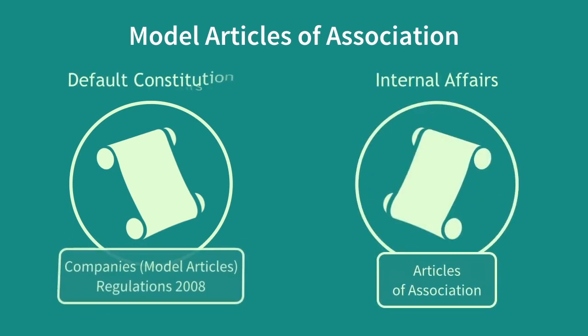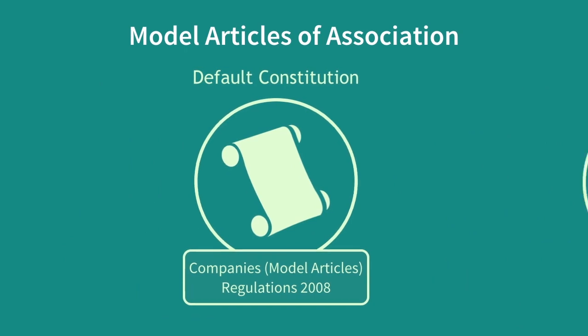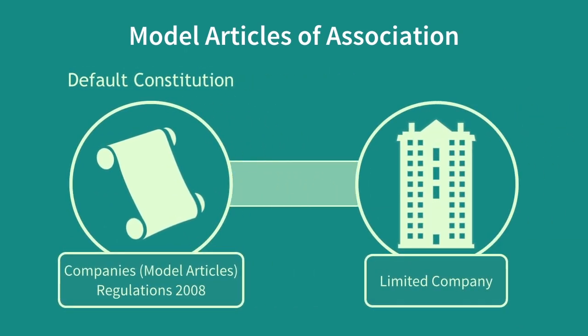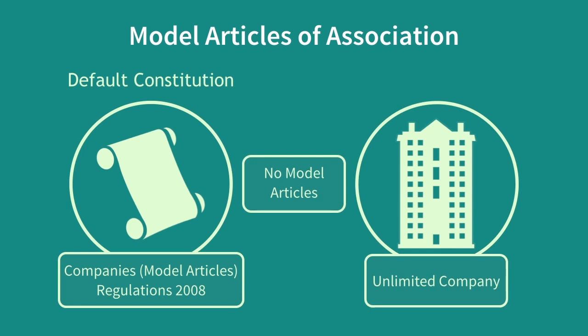The Company Regulations of 2008 are the default company constitution for limited companies under UK company law. The model articles will apply to a limited company if it does not register its own articles, or, if it does register them, they will apply to the extent that they are not modified by the articles of the company. There are no model articles for unlimited companies, as these types of companies are relatively rare and often have very specific needs that do not justify a standardized approach.